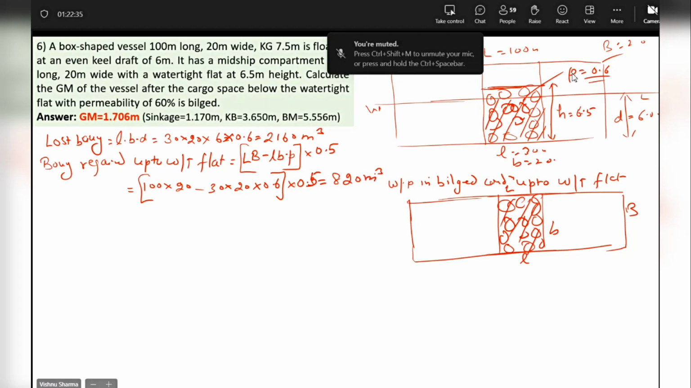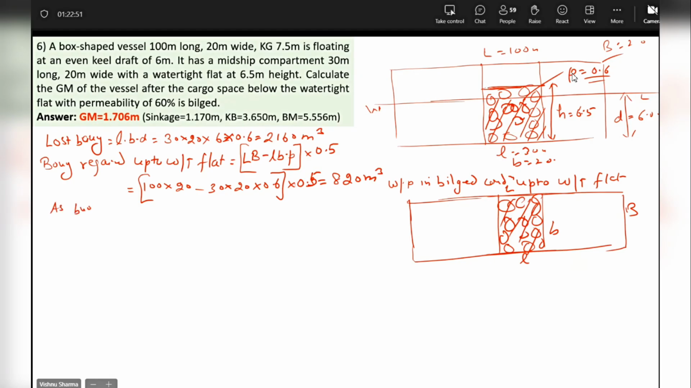Okay. So now you can compare it with here. You can compare with 2160. You know the buoyancy regained is less. So the vessel has to sink. If you want, you can write here, no problem. As buoyancy regained up to watertight flat is less than buoyancy lost, vessel shall sink